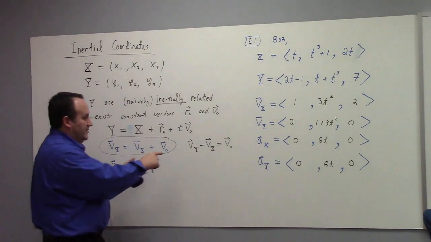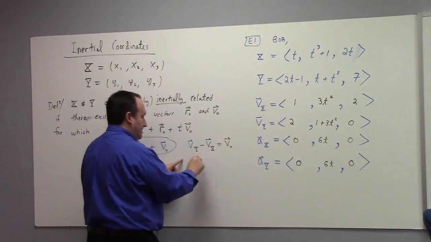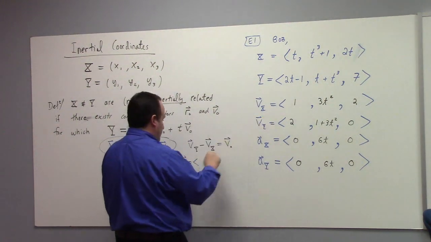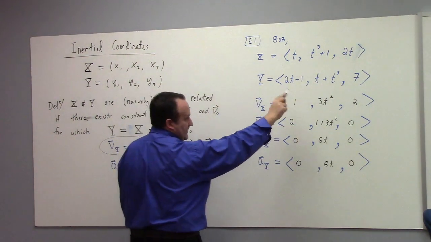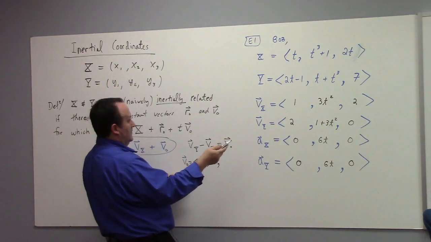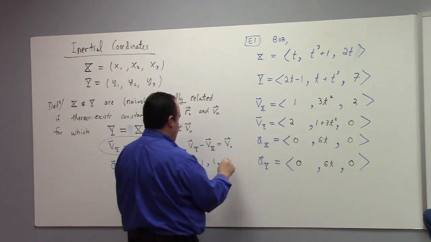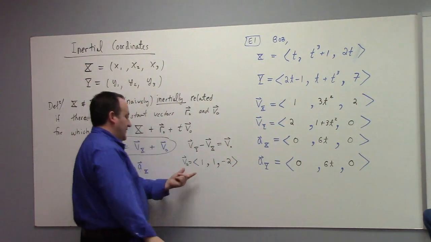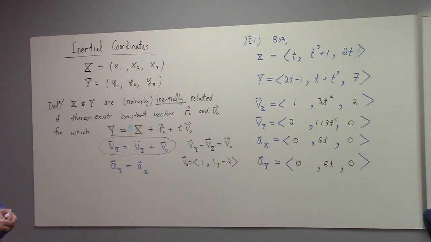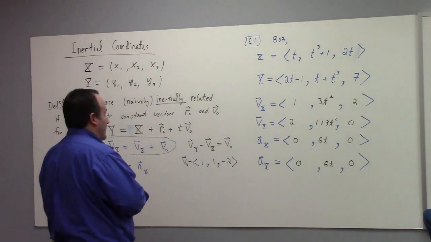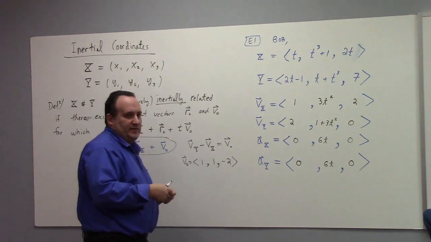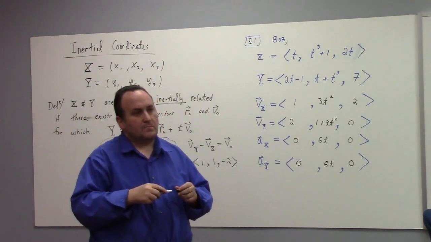It wouldn't be hard. If you subtract y and x, you get what? 1. The 3t squareds cancel. 1. Let's see here. Minus 2. So V naught would apparently be this, right? And I suppose if you wanted to, you could even go back and figure out what R naught would have to be. I haven't done that, I don't really care, all right? The point is,